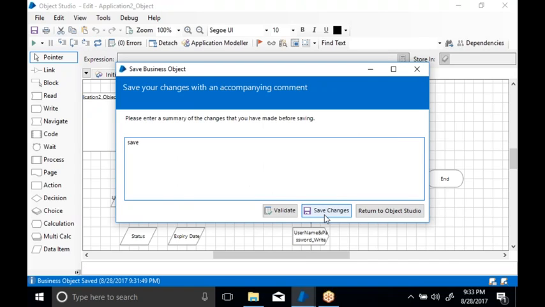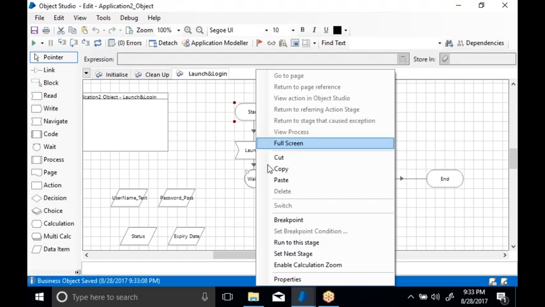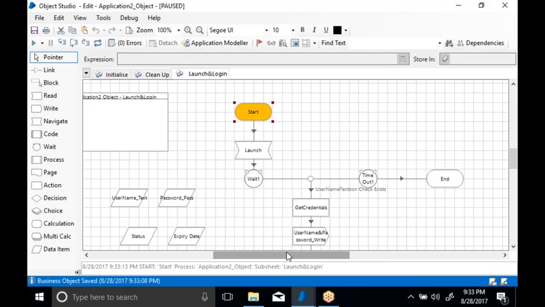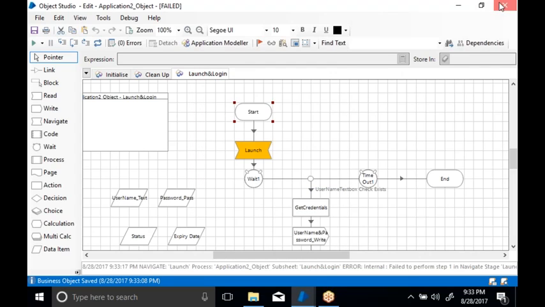Save. There is some issue with the application.